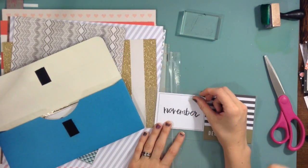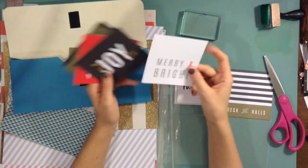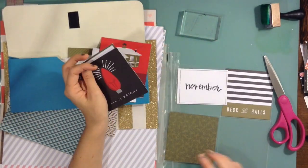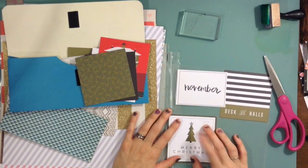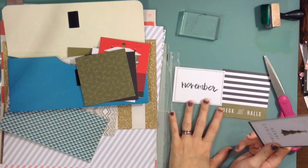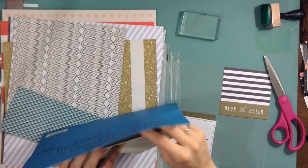So here I'm working on the next page. I finished that, and I'm thinking about how I want to put my date on these. I always start my December daily in November. Actually, I start the day after Thanksgiving because that's when we put up our tree. And to me, that makes sense for my family. And I think that's what I like about this,